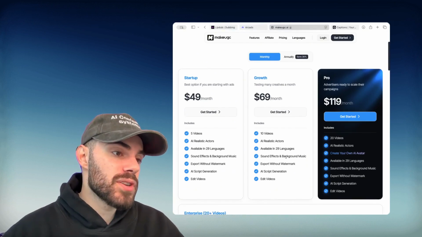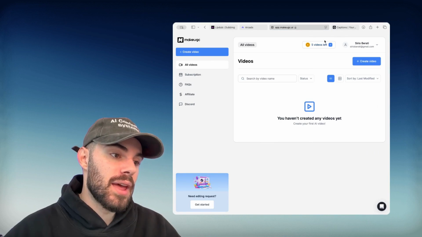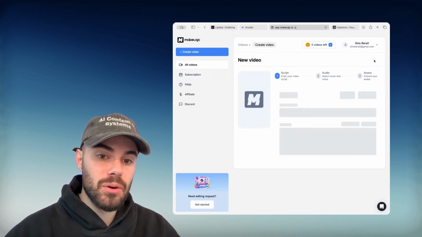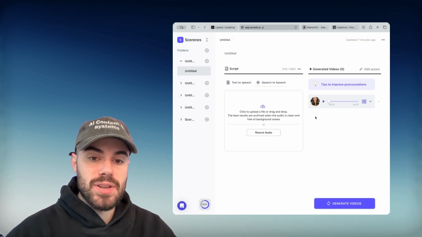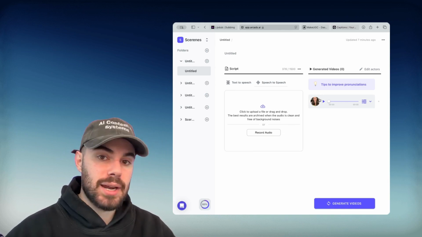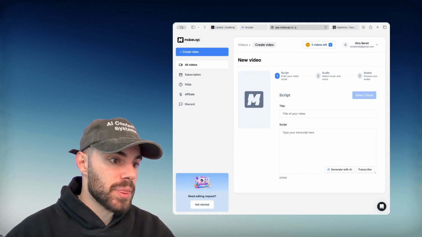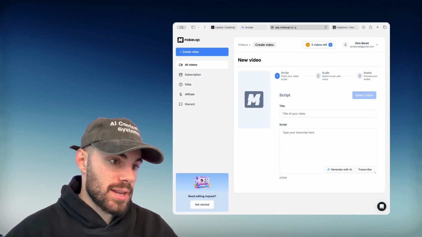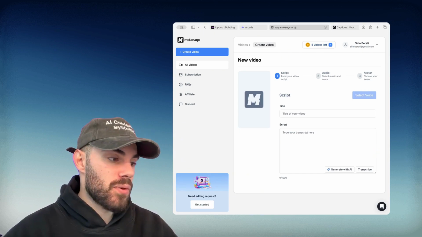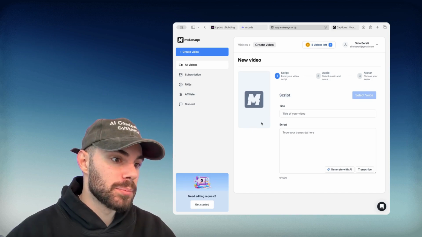Now, again, the difference between Arcads and Make UGC is, of course, the cost and the ability to upload your own audio. If you saw with Arcads here, you can upload your own audio and you can generate your own speech by referencing the voice of the actor that you selected. Now, with Make UGC, you cannot do that, unfortunately, not yet, but I know that they are adding this functionality. So the difference between Arcads and Make UGC is the cost, the ability to upload your own audio, and the number of actors. Arcads has more actors than Make UGC, therefore they're leveraging this to be more expensive. Again, these platforms are using the exact same tech stack. They're all powered by LibDub.